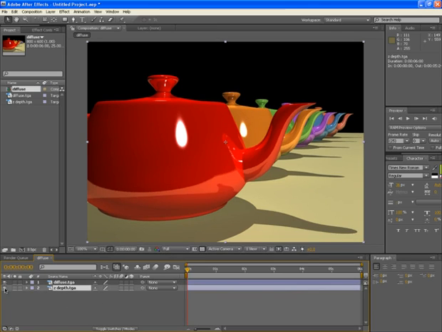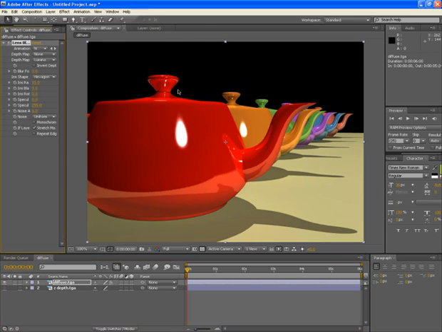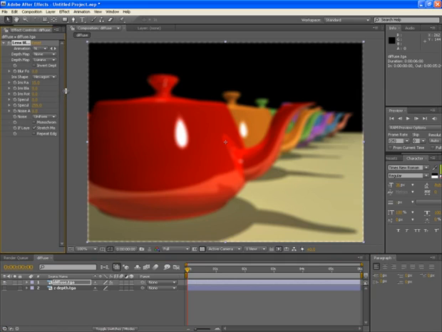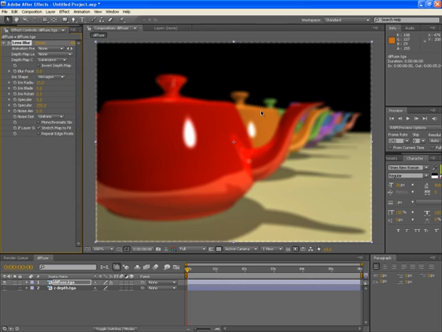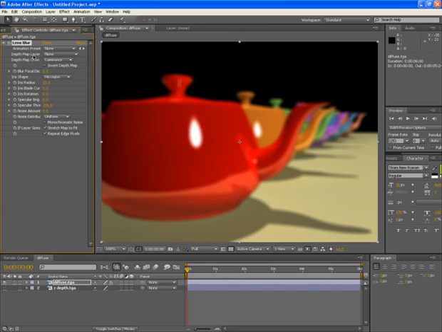For now, turn off the Z depth layer, select diffuse and go to effect, and here in blur and sharpen apply lens blur. As soon as you apply lens blur, it blurs the whole image. First of all, turn this repeat pixel edges option on. It will amend the edges, and here in depth map layer option you have to choose Z depth layer, and as soon as you do it, you will find this part of the image blurred.